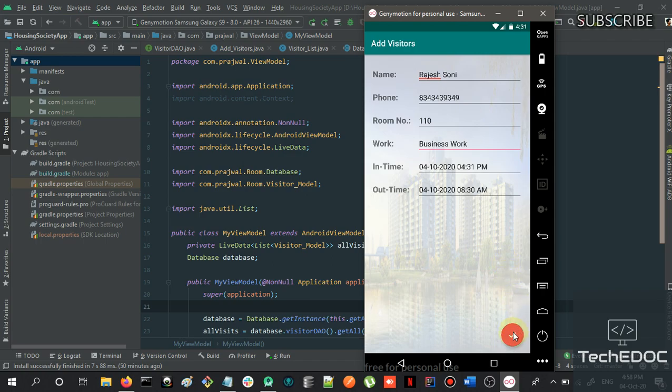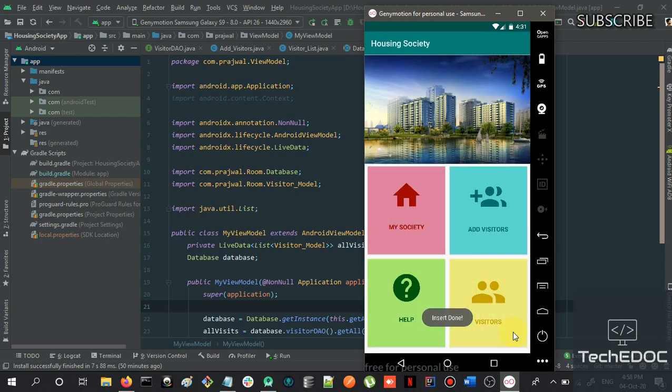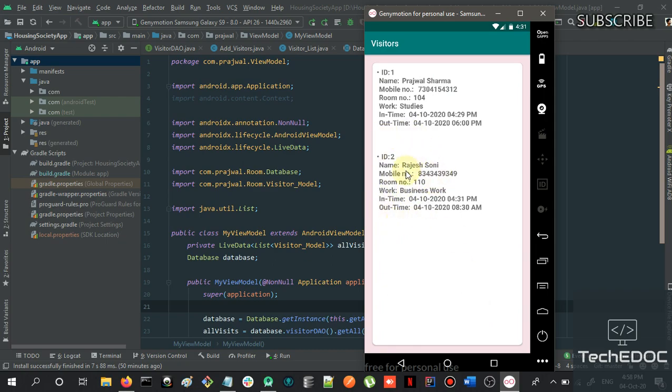Each society can use this type of app. I click on save. Now the insert has been done. Let us check in the visitors section. See here, this is the second record that has been created, Rajesh, and here the Prajwal person. So both of these are visitors.